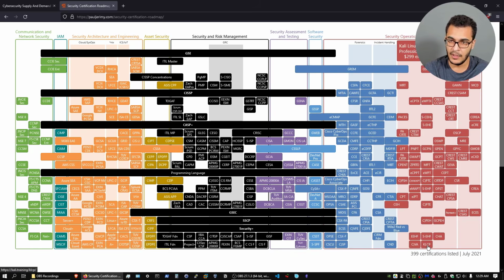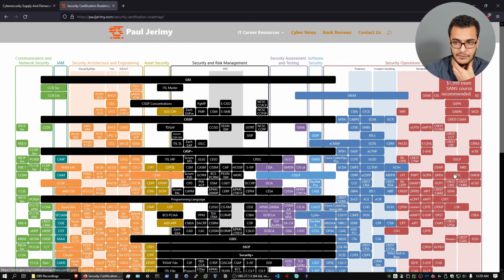So at the bottom here, you have certifications like the Kali Linux Certified Professional. Now, as I said, you don't have to go through all of these. This is just giving you an idea of the certifications that are out there that can give you your start within a particular field, or the necessary skills. So you can see you have your CompTIA PenTest+, which fits a little bit into exploitation. And of course, this is in reference to software exploitation, which is why you have the OSCE here, as well as OSEP, and a few other SANS certifications there. You have the CREST certification, etc., right?